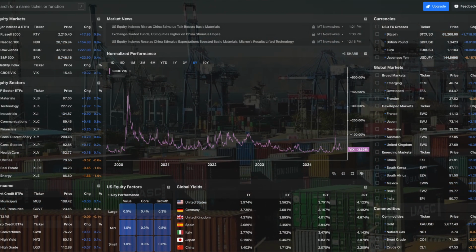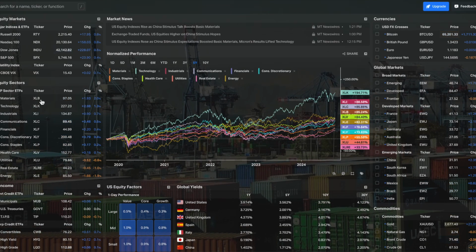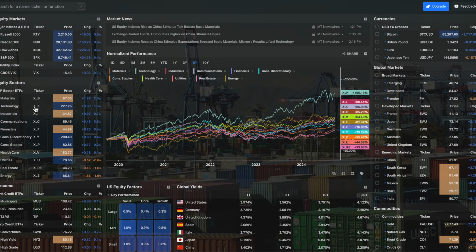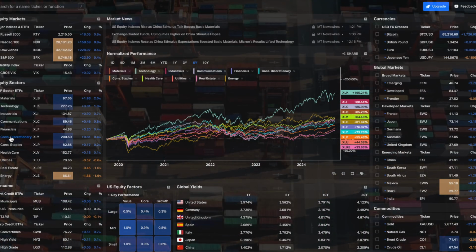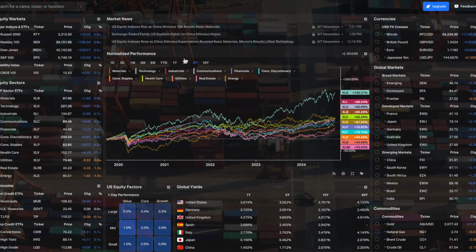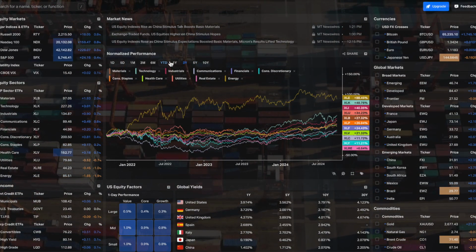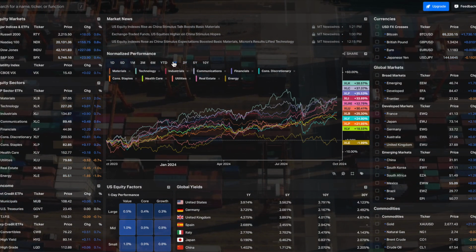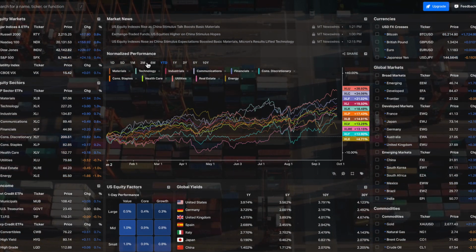Under that, we have a section for the different sectors in the US. So these are the ETFs that are available to get exposure to these sectors. I could switch in the middle for the time frame, so I could switch to 1 year, year to date, 6 months,